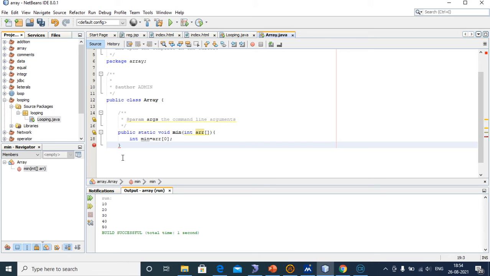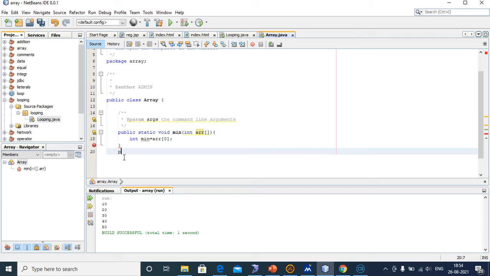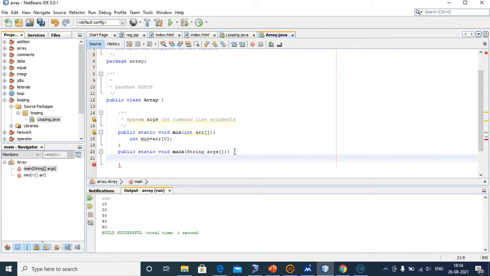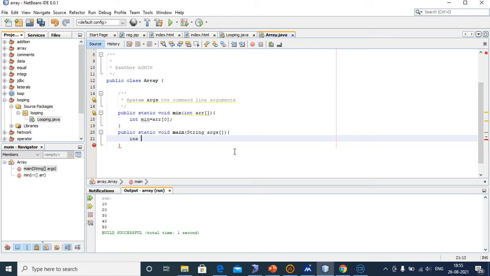First of all, now we have to create the main method. Public static void main, String args argument. int a equal to 3, 33, 45, 50.